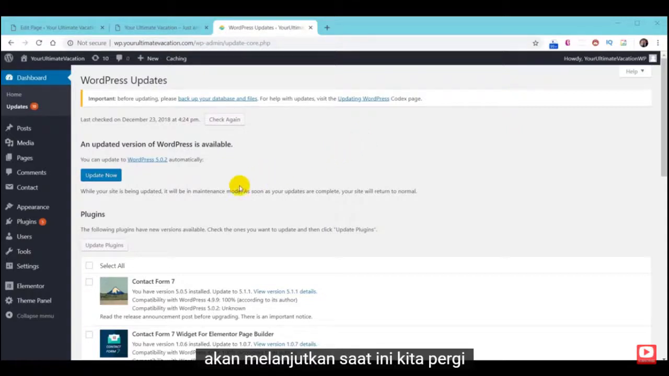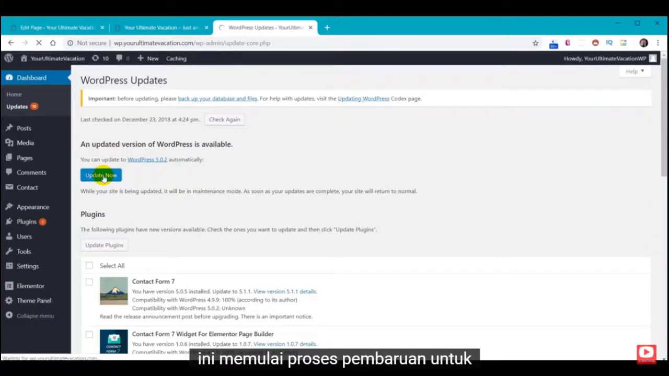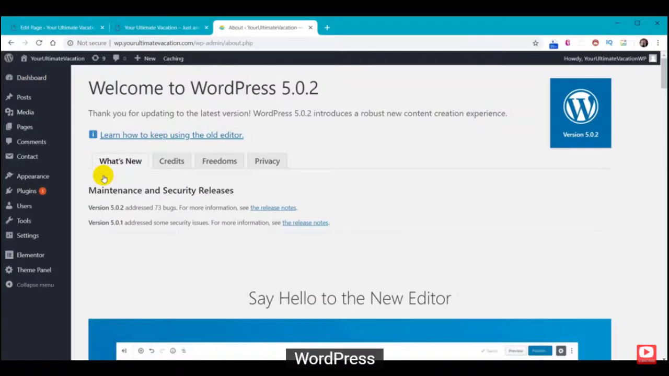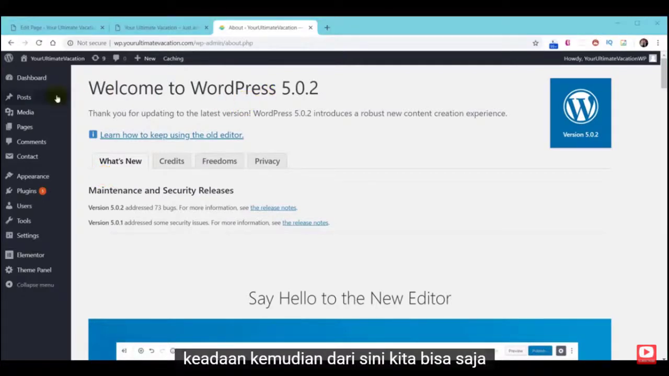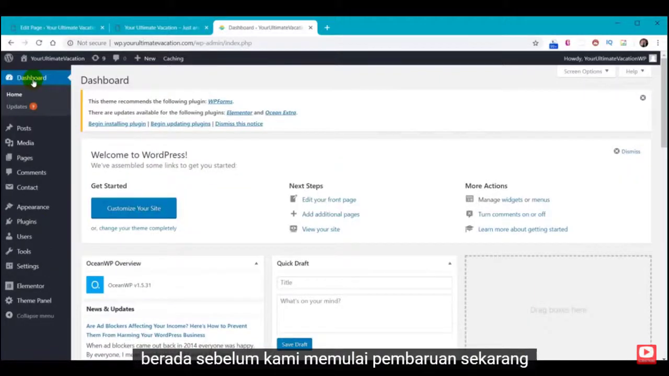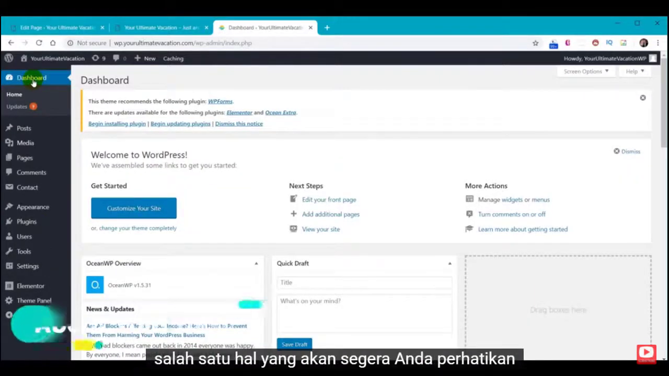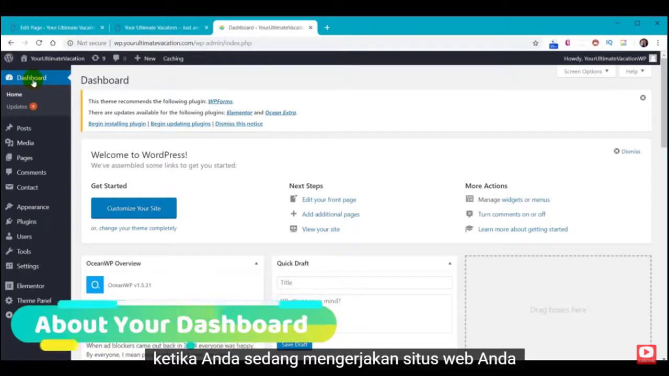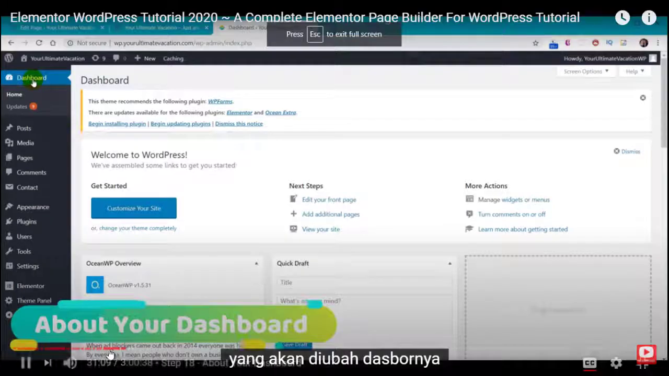At this time, we're going to go ahead and click on Update Now, and this starts the update process for the WordPress. Now the update's complete, and it usually doesn't take too long, but it could take a little bit longer. It just depends on circumstances. And from here, we can just click on Dashboard to get back where we were at before we started the update. Now, one of the things you'll quickly notice when you're working on your website is that the dashboard will change regularly. For example,